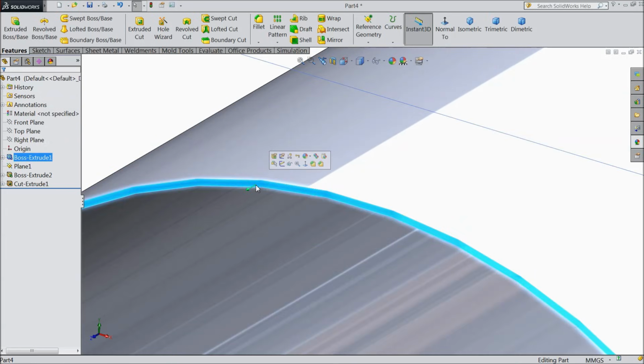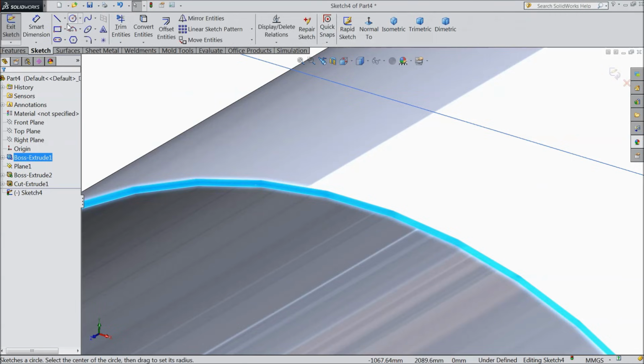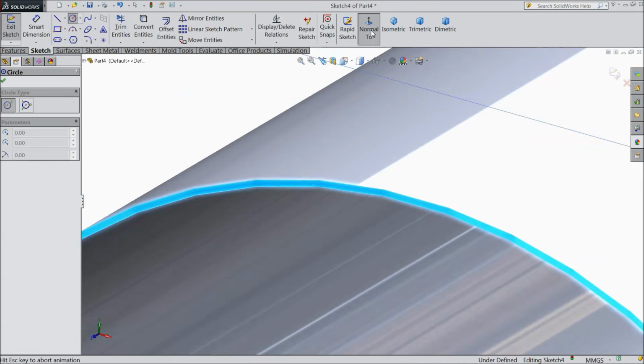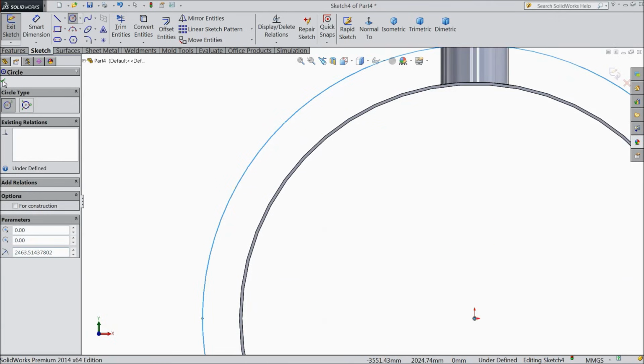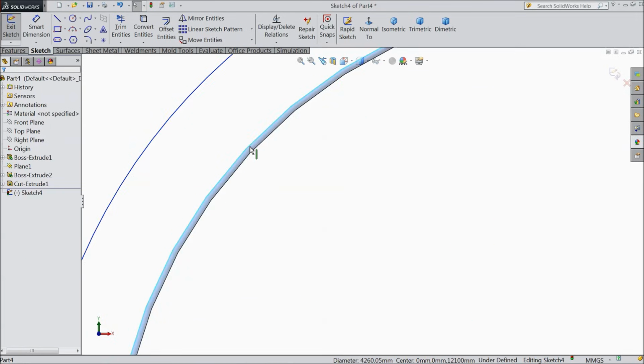Now select this face, sketch, select circle, and draw one circle bigger than the outer circle. Select this outer circle and click convert entities.